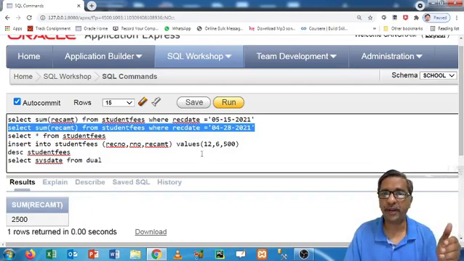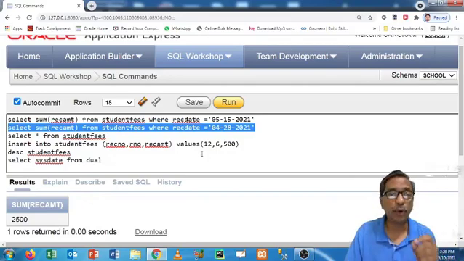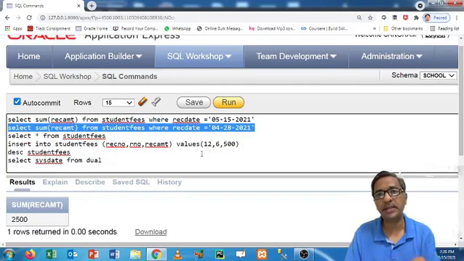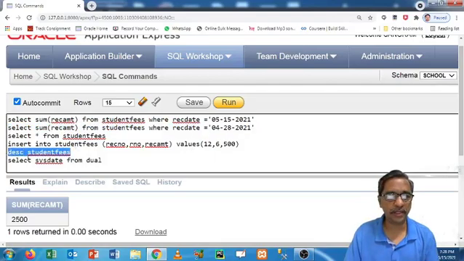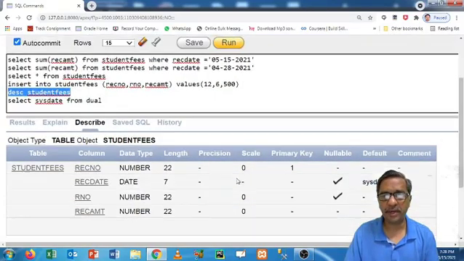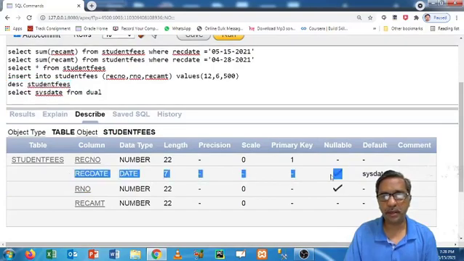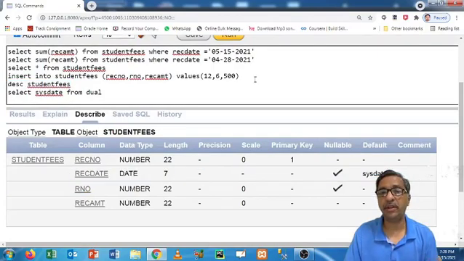And for record numbers 11 and 12, I have not mentioned the receipt date. So internally, it will consider the current system date as the receipt date, because while creating the structure I mentioned that the default value will be the system date. Okay, then what is the problem?